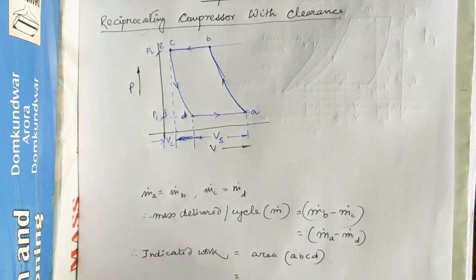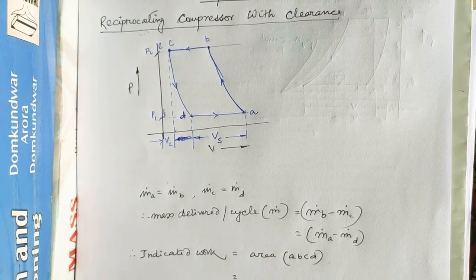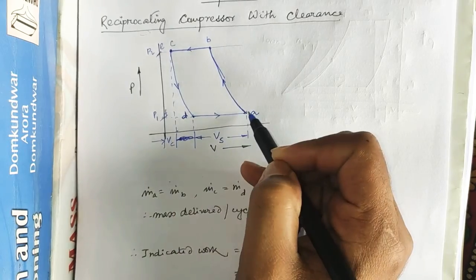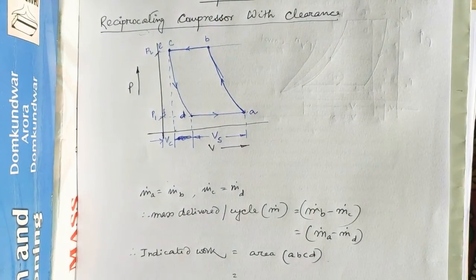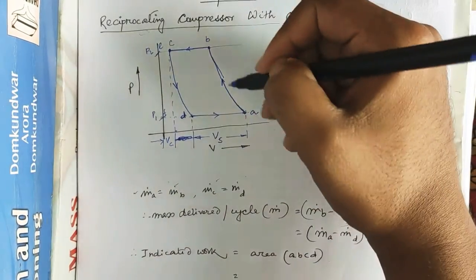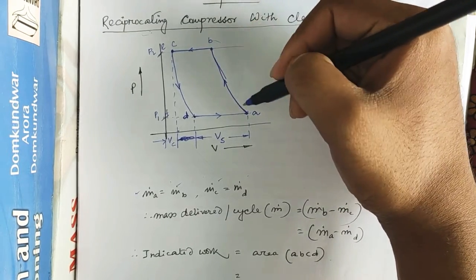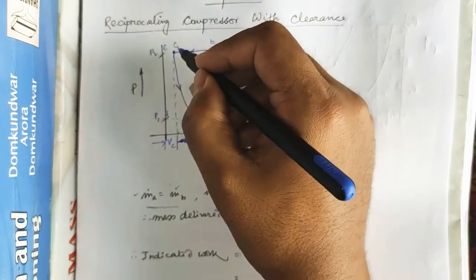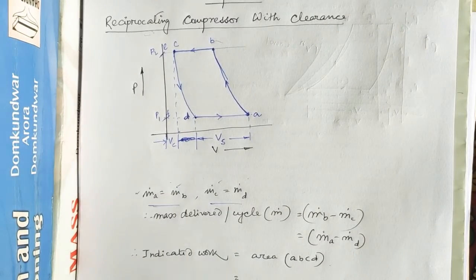Now from this PV diagram, we have to again calculate what will be the indicated power per cycle. Here the mass of the gas at 4 points, that is at the starting of the suction stroke, end of the suction stroke, end of compression, end of delivery, are denoted as m dot A, m dot B, m dot C and m dot D. Since the compression of the constant volume mixture takes place from point A to point B, the mass flow rate of the air at point A and point B will be the same. Similarly, the mass flow rate of the air at point C and D will remain the same. So what will be the actual mass that will be delivered?